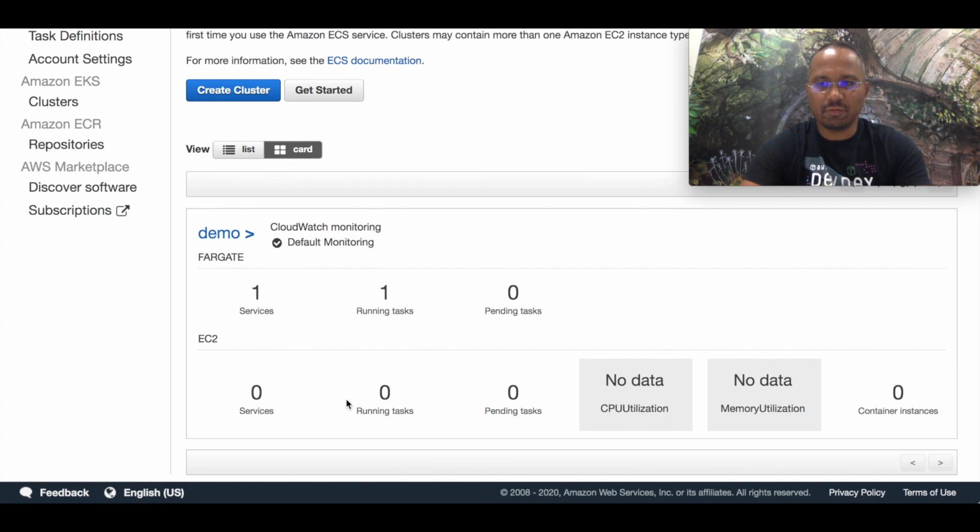And here we see we have demo cluster is ready now. Okay, if you see here, there are two options. One is the Fargate, another is the ECS. As we are using Fargate option, we see all services and tasks we have created here. In case we are using EC2 instead of Fargate, then all service details would be here. Okay, but anyways, here we see we have one cluster, one service, one running task.